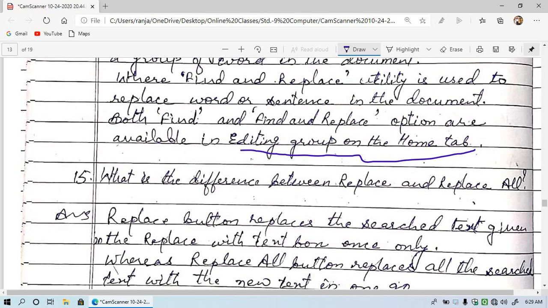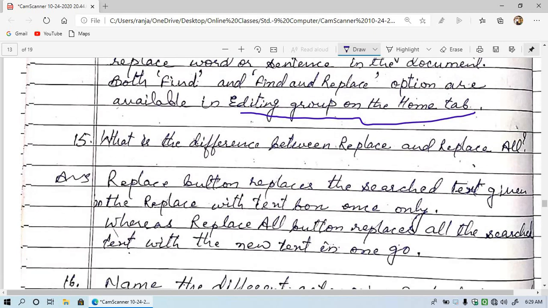Okay, so question number 15 now. What is the difference between replace and replace all option in MS Word? Actually, this is a question from MS Word. The replace button replaces the search text given in the replace with text box once only.